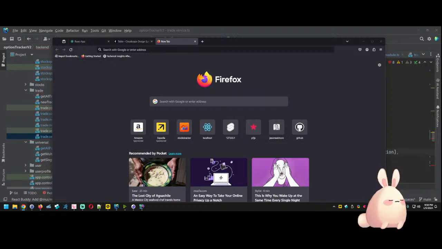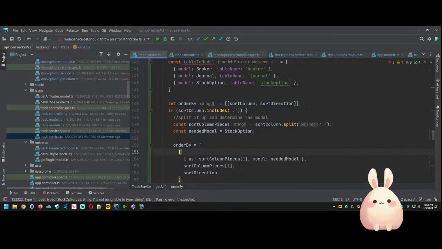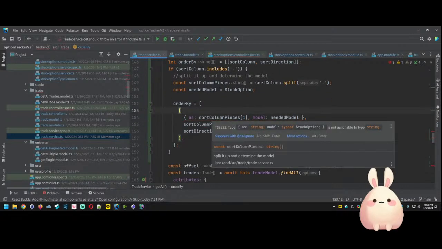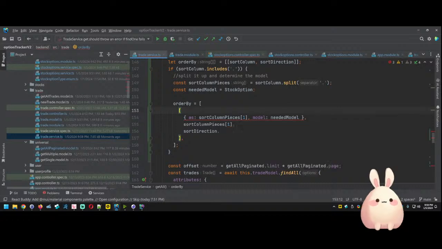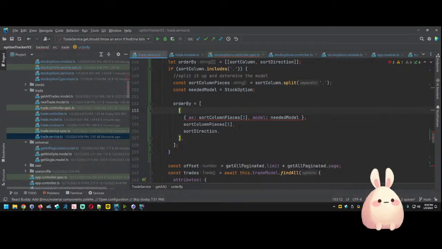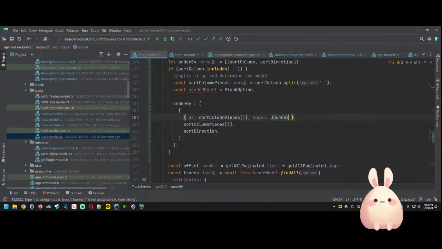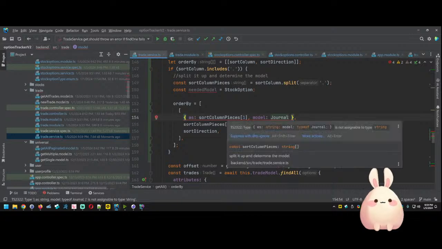It's model comma as colon model comma as colon as string. What? But if we say journal as string colon,